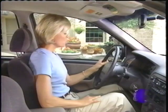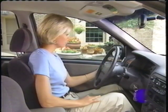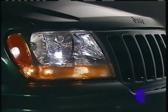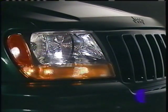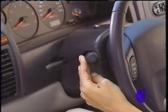Off, park, headlights, and on some models, automatic, which will activate the headlights as needed based upon the ambient light level. This indicator will appear on the instrument panel whenever the headlights are on. A separate light appears when the high beams are switched on. To operate the headlights' high beams, pull the stalk towards you. Even when your headlights are not on, you can flash the high beams by pulling the stalk toward the wheel